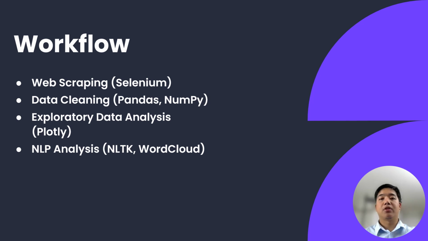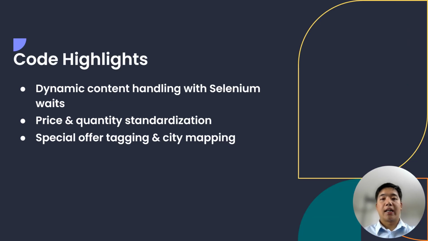values, and created new columns for analysis. Then the exploratory data analysis stage involved visualizing price trends, special offers, and online versus in-store pricing differences. Lastly, the NLP stage allowed me to extract insights from text data such as frequent pharmacy name keywords and bigram patterns. So in the code highlights section, some important aspects of my code include handling dynamic web content by using